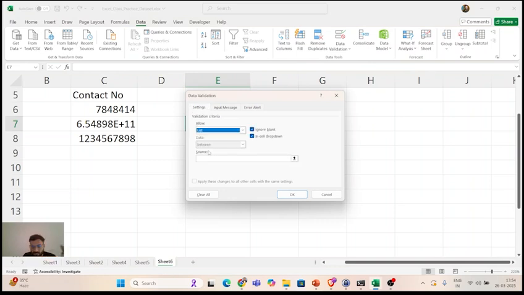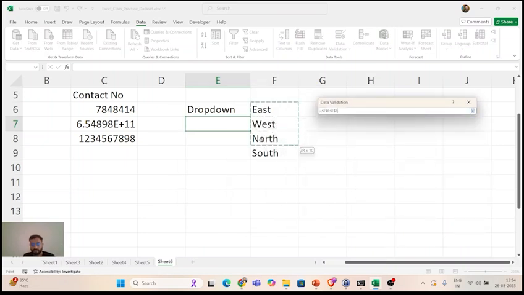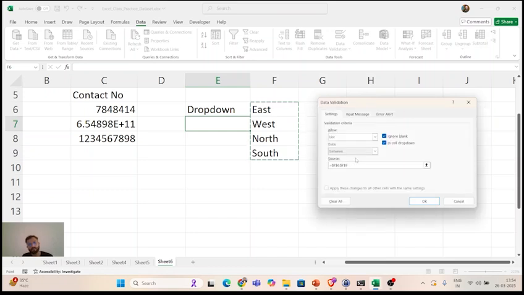Since it is a list, it is asking me to give the source. What list, what values? So I select these and press enter. See, from cell F6 to F9, and they are fixed references. Basically, it will not shift up and down.